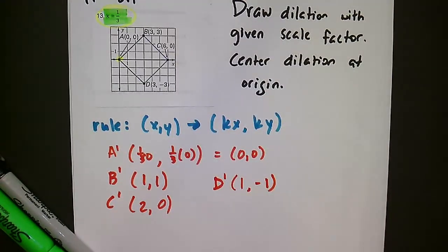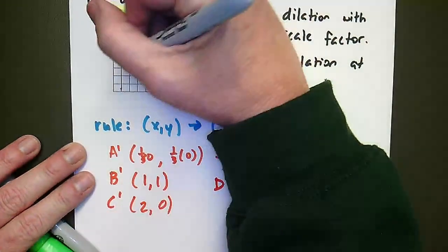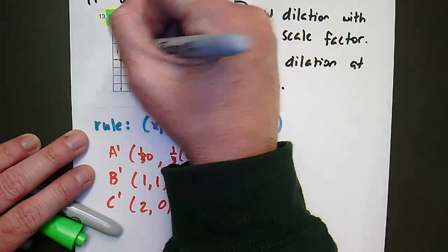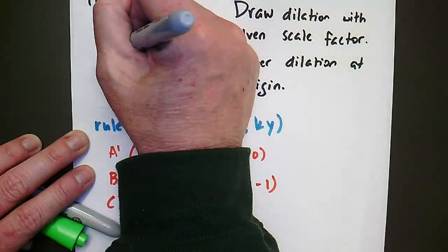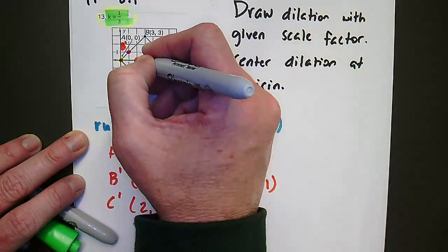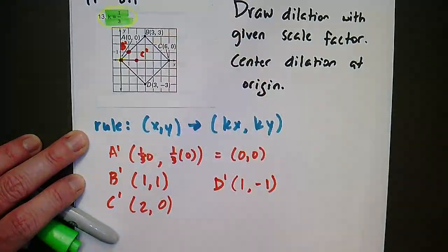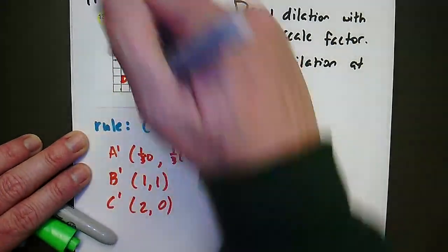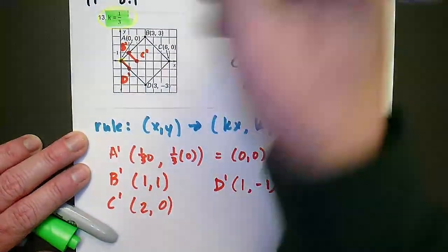So now that we know that, we're just going to plot those points. A prime is going to stay here at the origin. B prime is going to be 1, 1. And I'll go ahead and label that B prime. C is 2, 0. That's right there. Or C prime, excuse me. And then my D prime was 1 and -1. That's D prime. And then if I connect all of that,